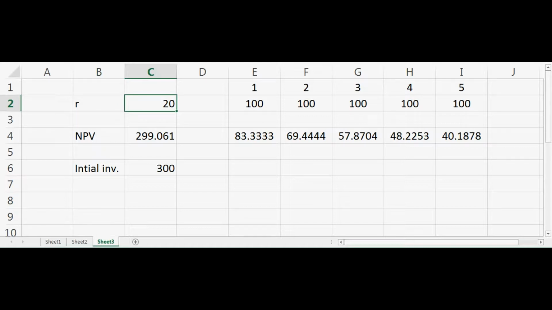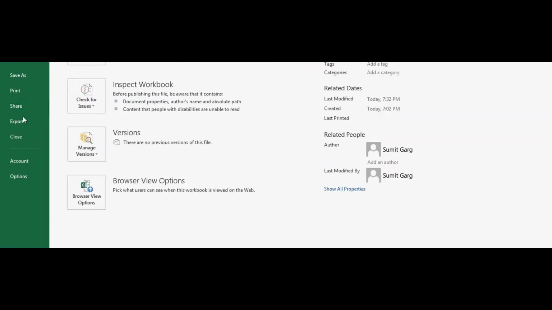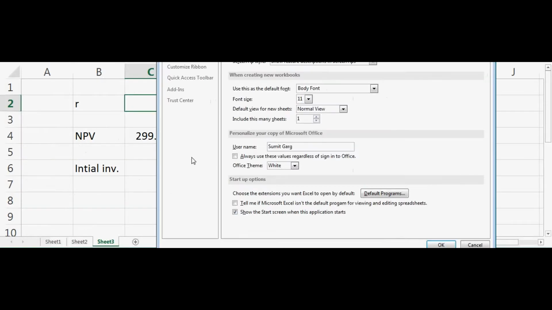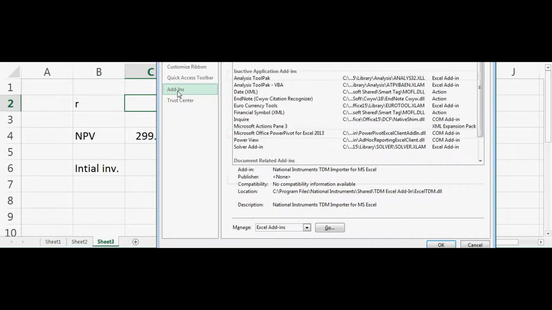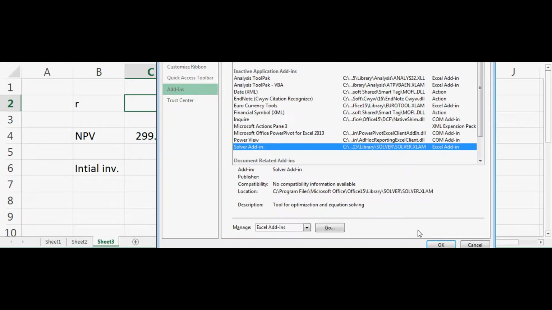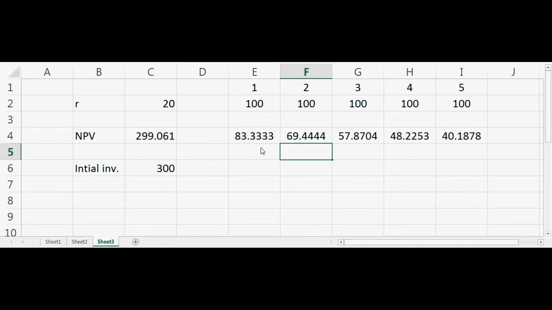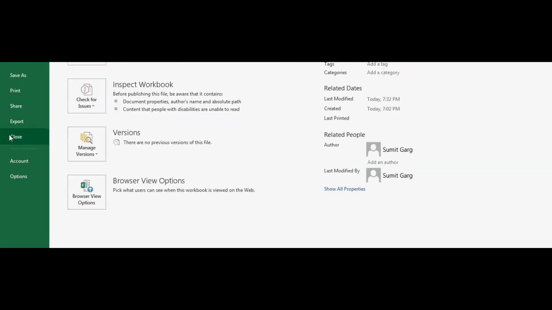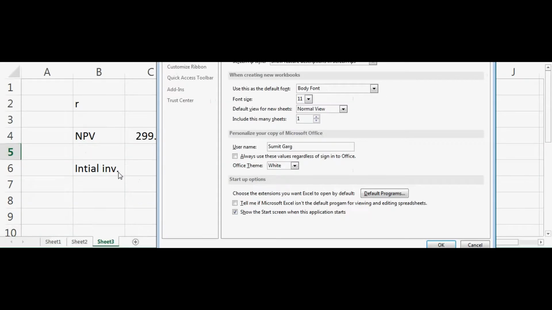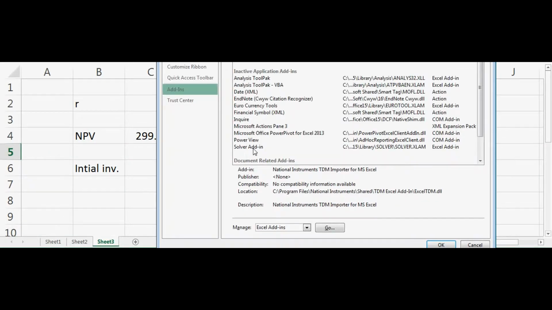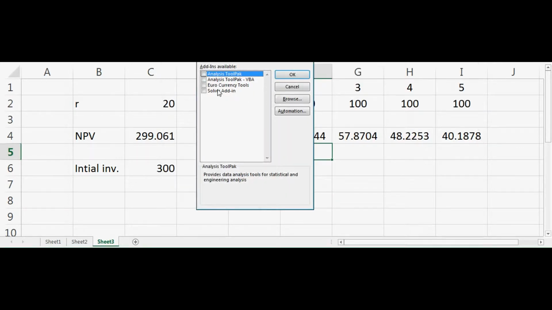options and say add-ins, and then click on the solver add-in, and say okay. Now again I'll go there and say options and say add-ins, and say go here, and then select analysis toolpak, solver add-in, and say okay. So when I do that,